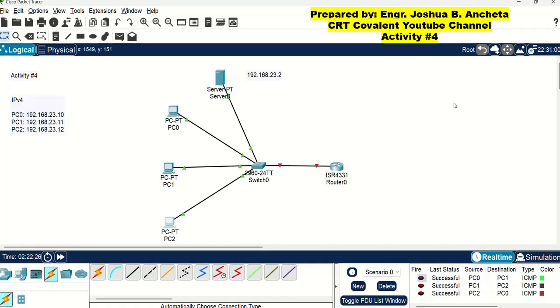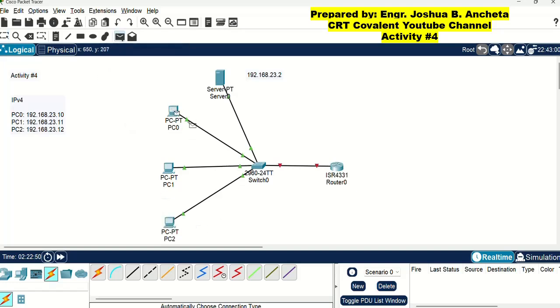Let us now test the connectivity. So press delete here in the lower right part of our working environment, to clear the previous testing result. To test the connectivity, first let us use the simple PDU.